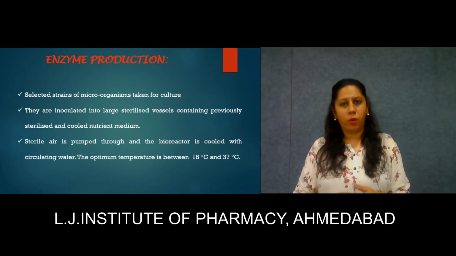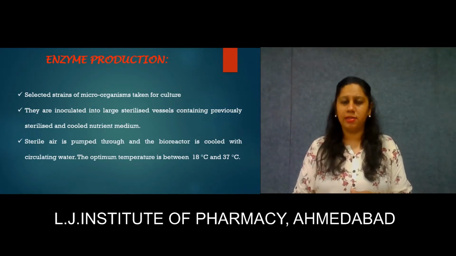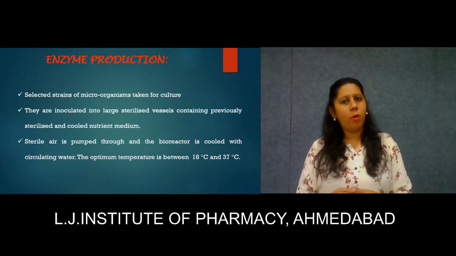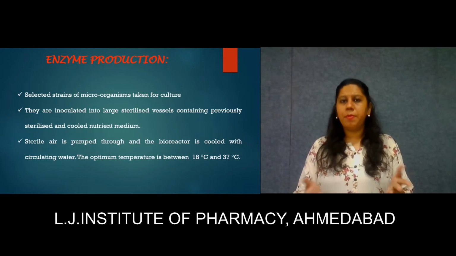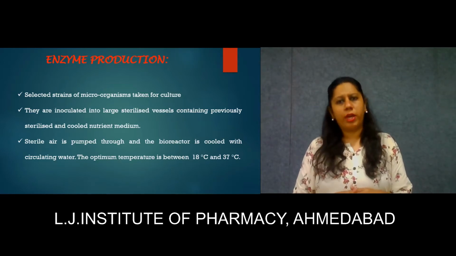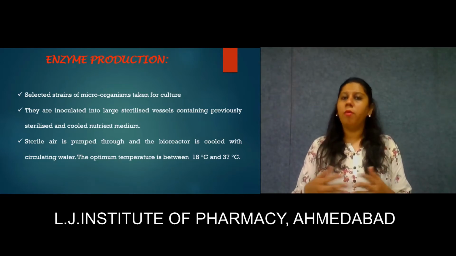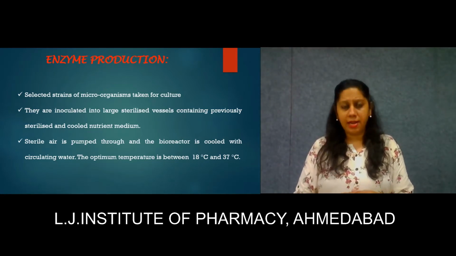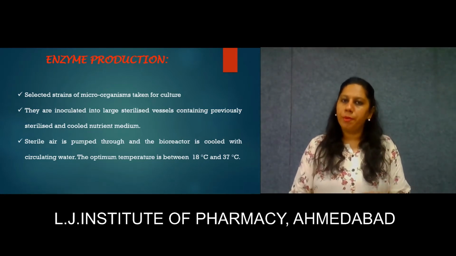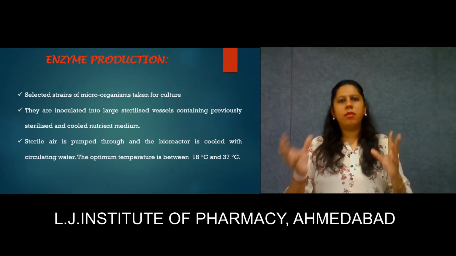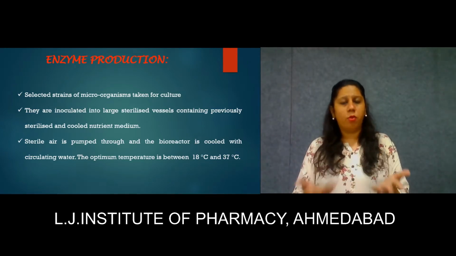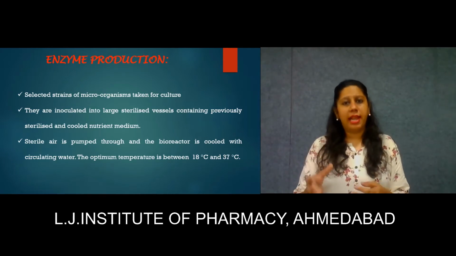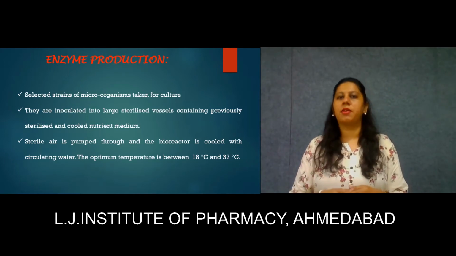First of all, as we know, enzymes are biological catalysts which increase the speed of biochemical reactions. So how are enzymes produced? Enzymes can be produced from any living cells or living organisms or microbes by different processes. They can be produced from the plants, from the animals, or from the microbes. Normally the selected strains of microbes are the most accessible things from which the enzymes can be produced.